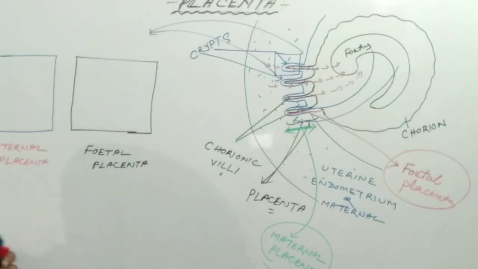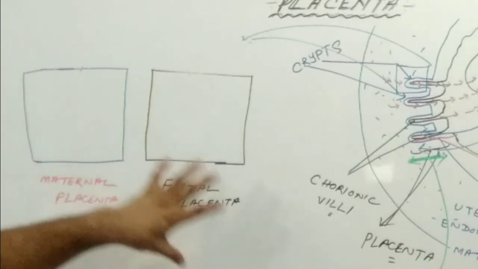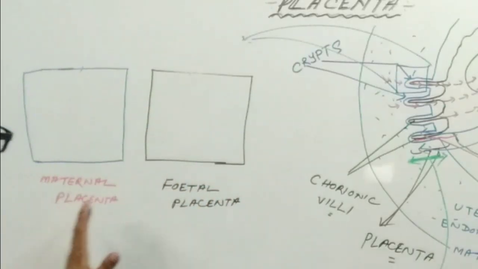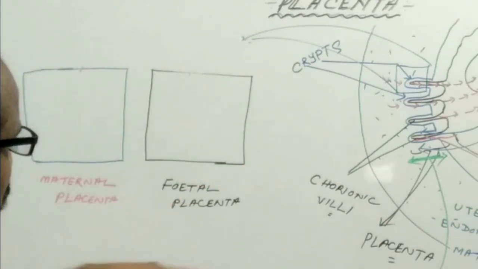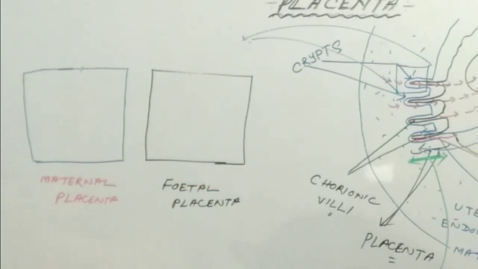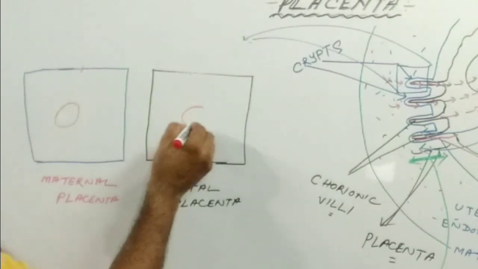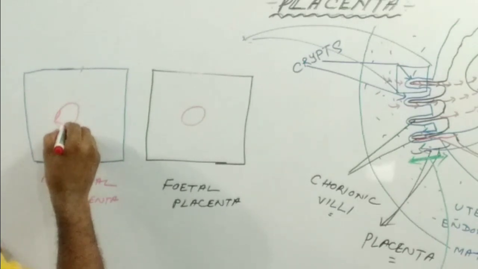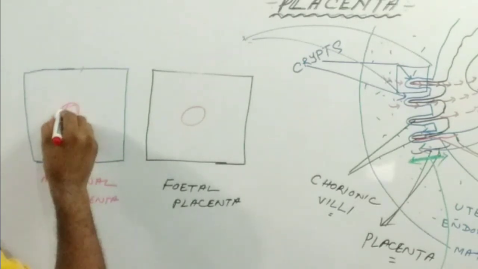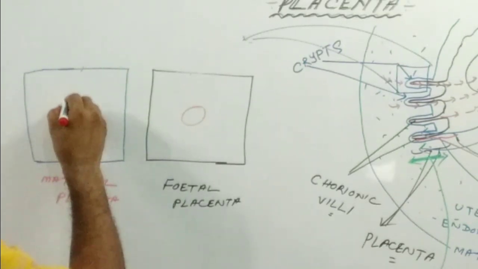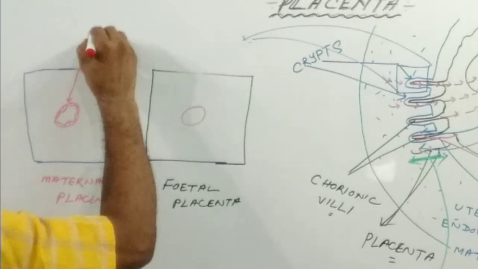Suppose that this is the fetal placenta. So these are the two parts of the placenta. This side is the maternal placenta, and this side is the fetal placenta. Both have blood capillaries. The blood capillaries are lined by endothelium. So this is the endothelium,